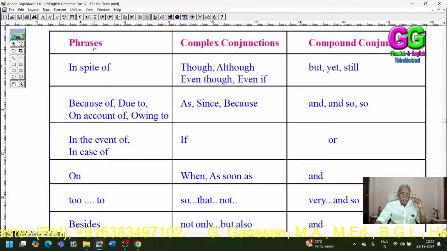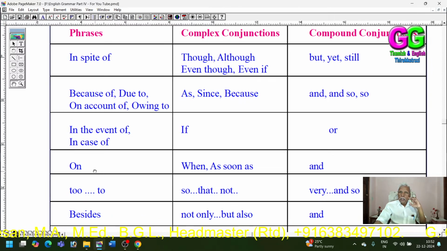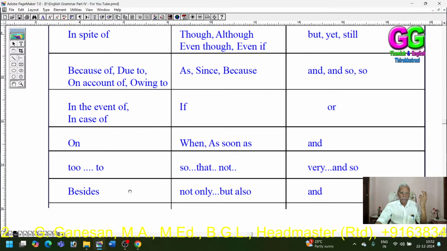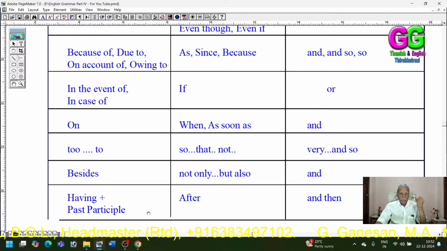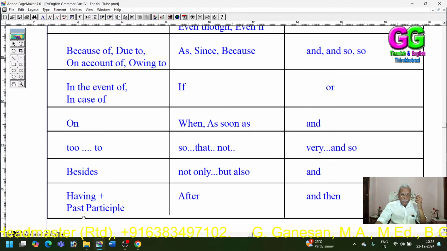Third, in the phrase in the event of or in case of, complex conjunction if, compound conjunction. Phrase and complex conjunction when, as well as compound conjunction. And phrase to, complex conjunction so that, not compound conjunction. Very and so then phrase besides, complex conjunction not only but also, compound conjunction. And then phrase having plus past participle,